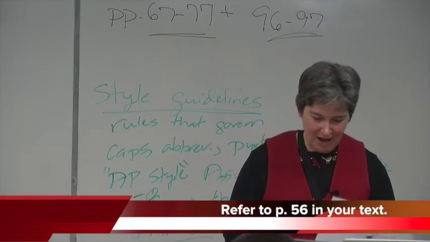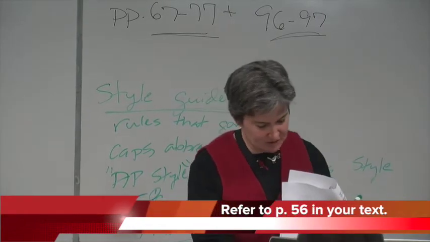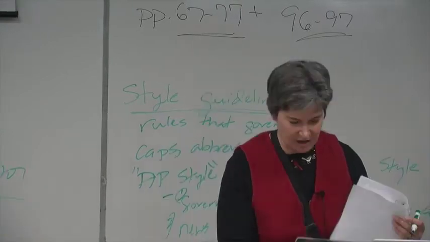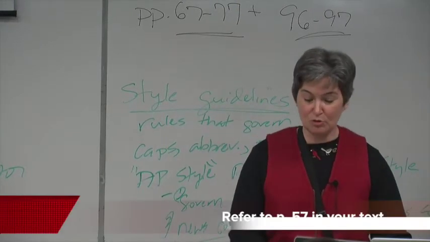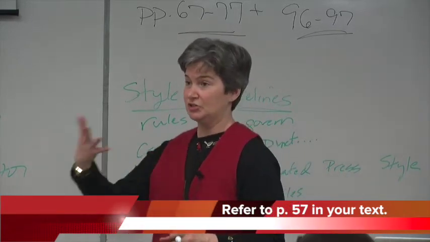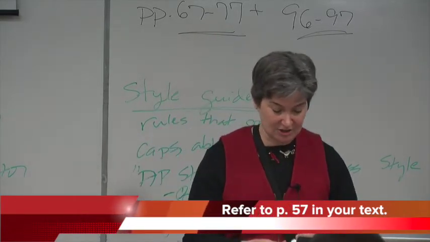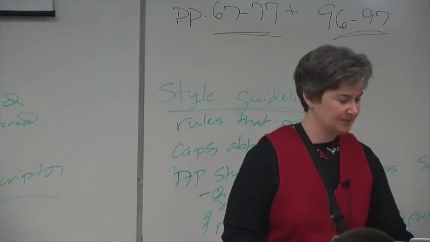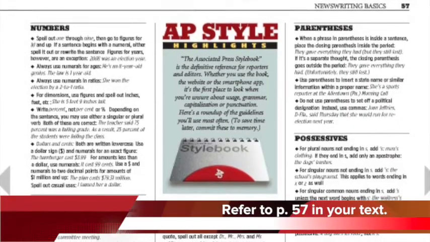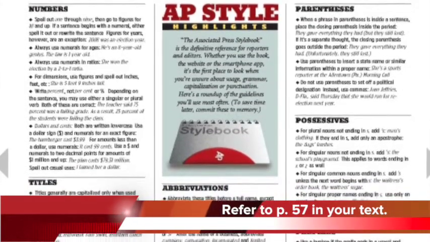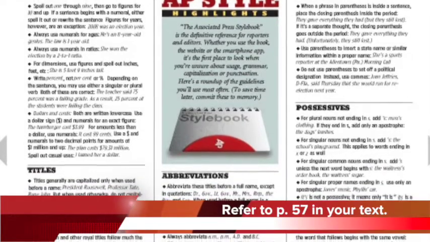All right, so now you see on page 56 there's a column there in the middle, and those are kind of little funny things, who would have thunk it sort of stuff. But on page 57, this will be your AP style book. If you're not moving on in journalism, this is what you need to refer back to in the exercises we're about to do. So let's look at some more important ones. On page 50, if you have a highlighter, go and grab that. If not, I would try to asterisk some things because these are the most important things, and I find myself constantly